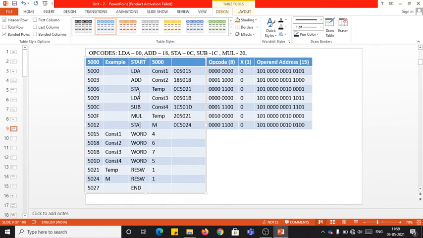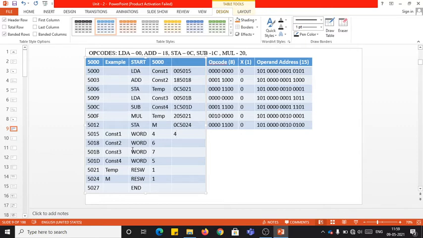So likewise, for the non-assembly directive instructions, we followed this format for generating the object code. Now for the assembly directive instructions, what would be the object code? For that, my dear students, for the WORD and the BYTE instructions, your operand itself, I repeat, your operand itself will be the object code. In this example, what is the operand? It is 4. So 4 itself is the object code.